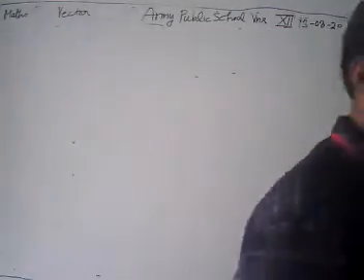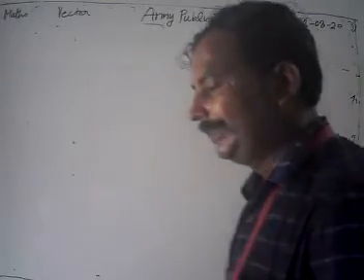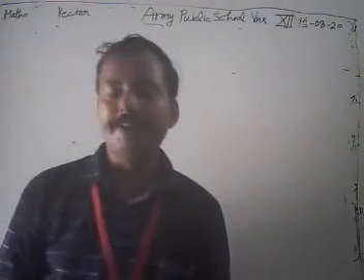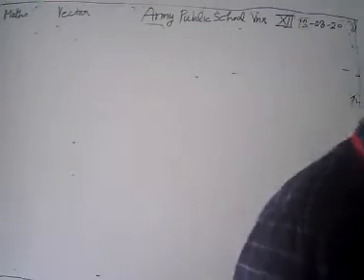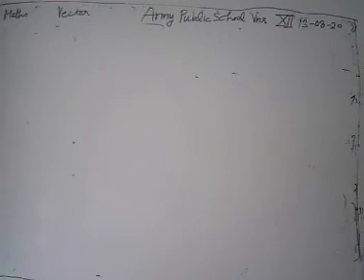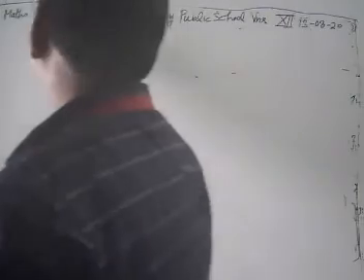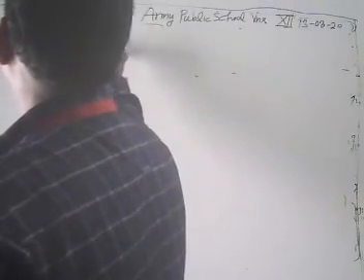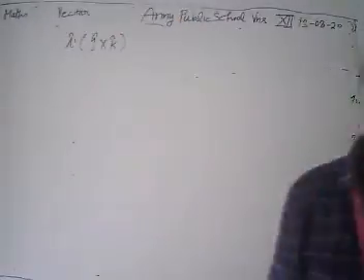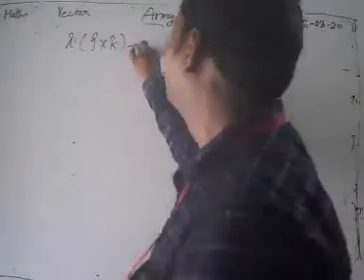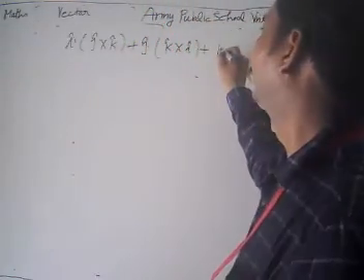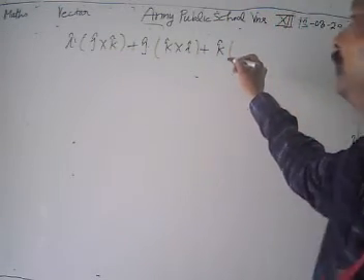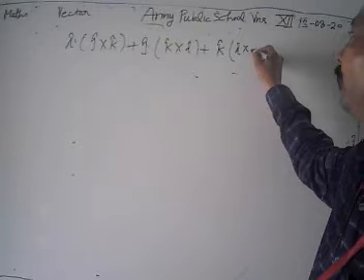Now look again, take another basic question related to our topic. In the starting class, we discussed the cross product of vector i to j cap, vector j to k cap, vector k to i cap. Now we are going to do problems related to this. We have to find the value of vector i dot j cross k plus j dot vector k cross i plus k dot i cross j.